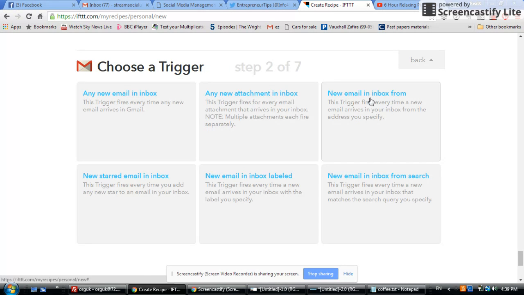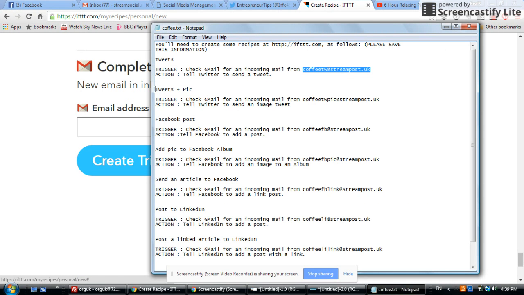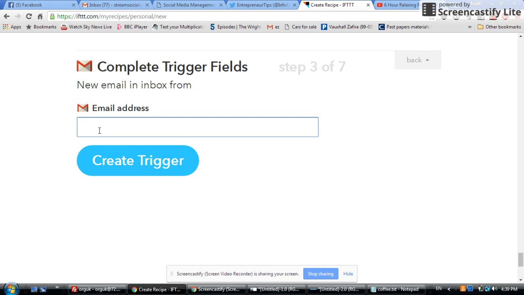New email in inbox from. Now we go to our text file again, and here where it says tweets plus pic trigger, choose this email address, which will be unique to you when you created your destination. Drop it into here, paste,